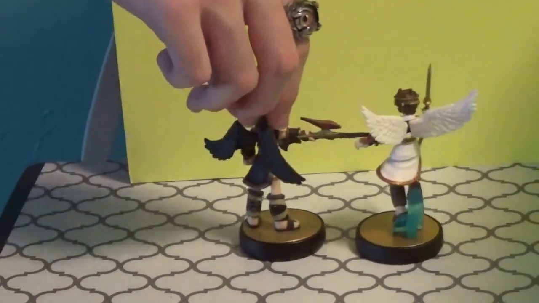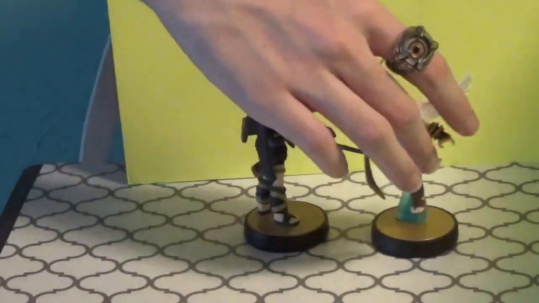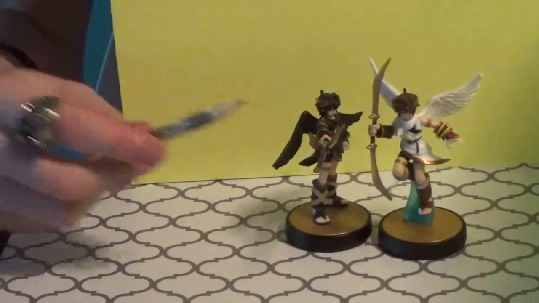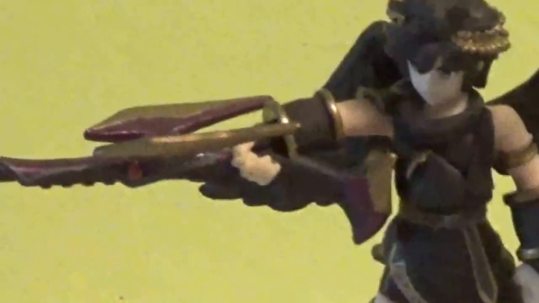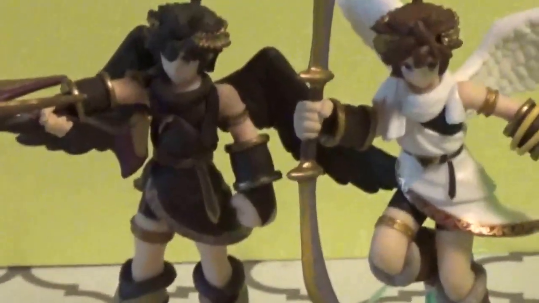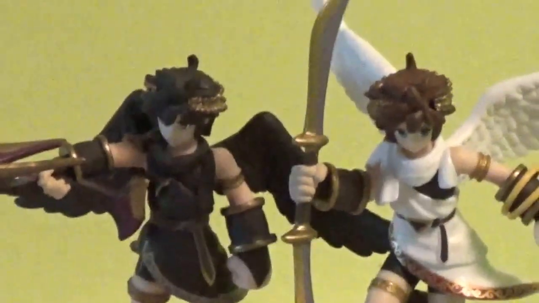And of course, both of them have different weapons. Although in Smash Brothers, if I'm not mistaken, this doesn't look like his default weapon. I've played as Dark Pit before, and this sort of rifle-looking weapon doesn't look like anything that he's actually used in the game, or at least what I've seen of him. But yeah,